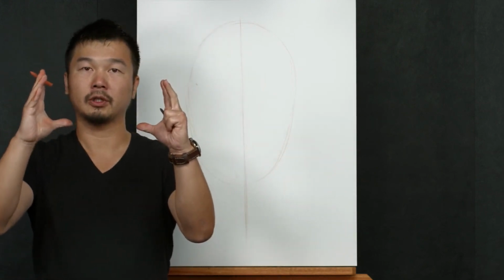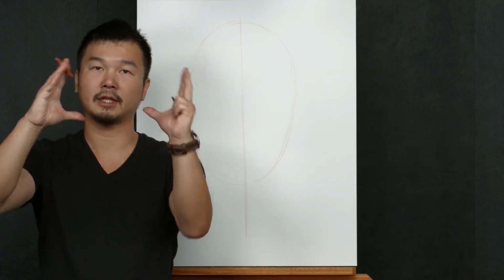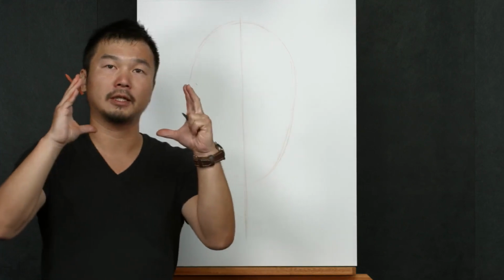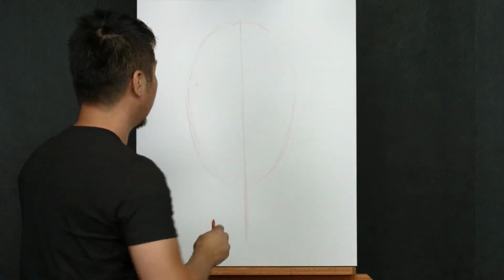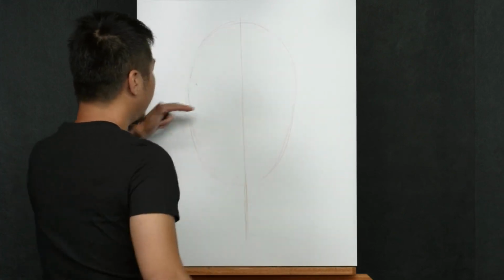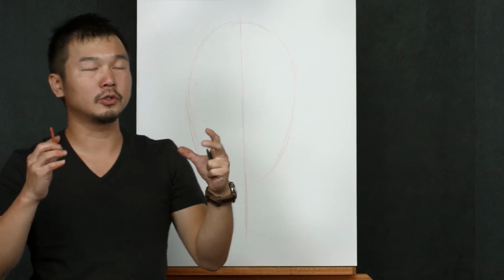So we will know if the head is facing vertically or the head's tilting, and we need that center line also to give symmetry to the head. And I think what I wanted to do is on the upper half of the head, usually